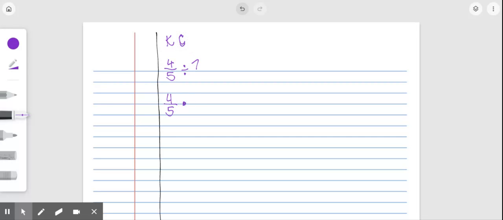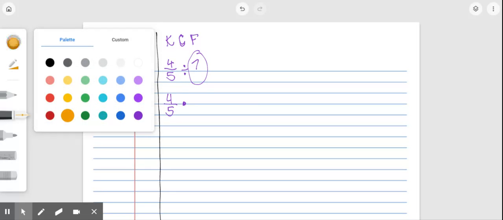Now, the reason why we change into multiplication is because I don't know what 4 divided by 7 is. That is a decimal number that I am not going to approximate right now. So because of that, we do keep, change, flip. Okay, and then flip. So 7, though, is a whole number. I can't exactly flip a whole number, so what I need to do is remember